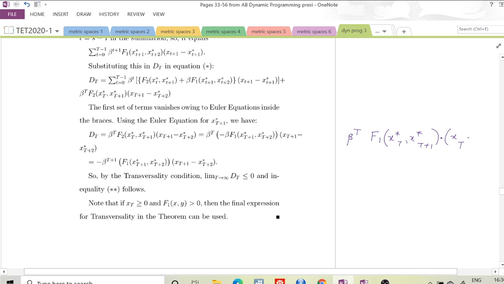The transversality condition is that this be greater than or equal to 0, translating into that the negative of this be less than or equal to 0, right? So